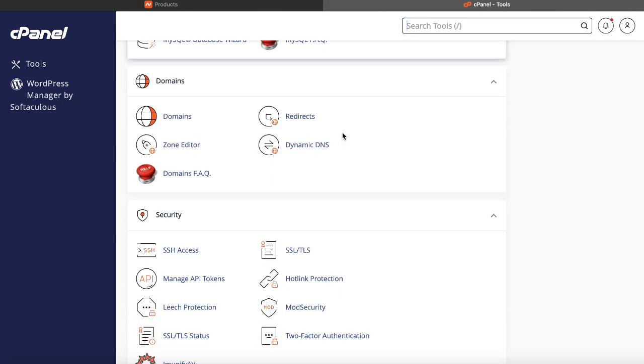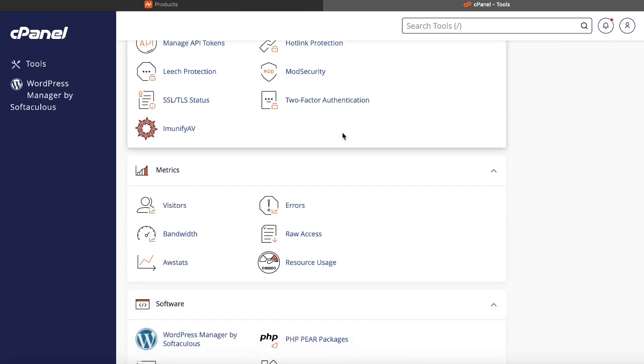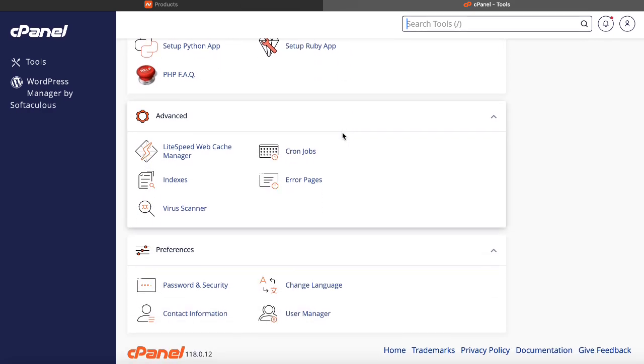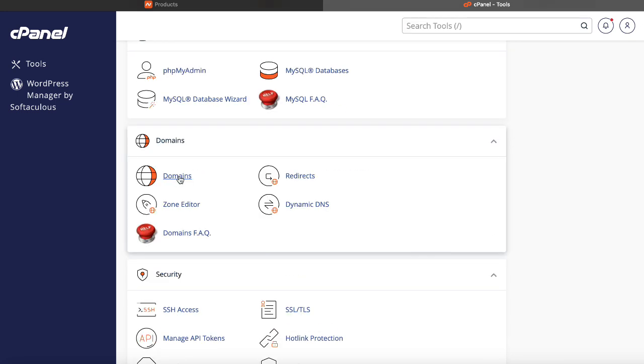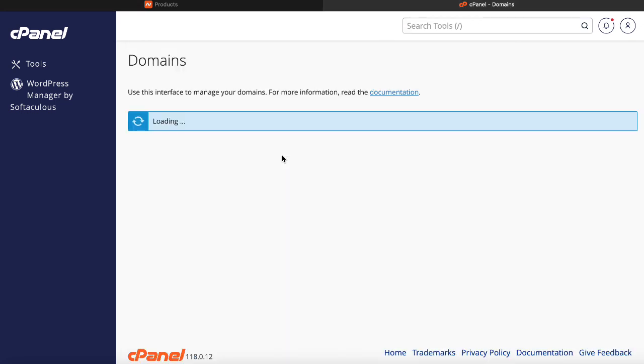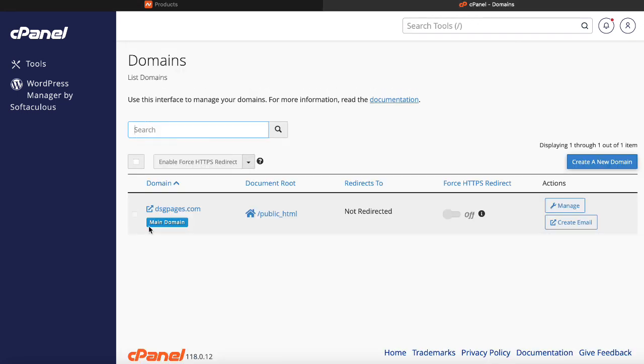First, we want to scroll down and find domains. Make sure that, okay, it's here. If it's not here, you want to create a new domain and then add it here.